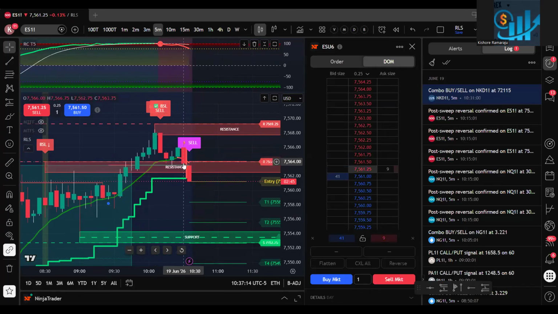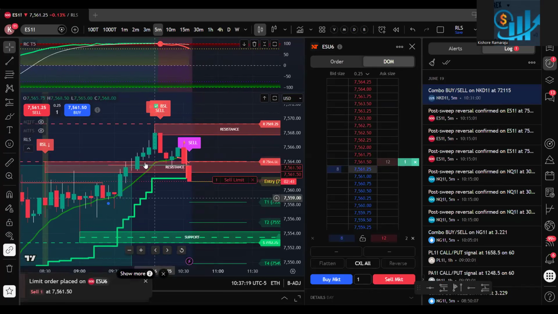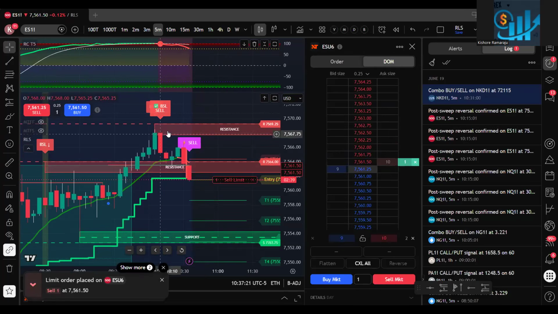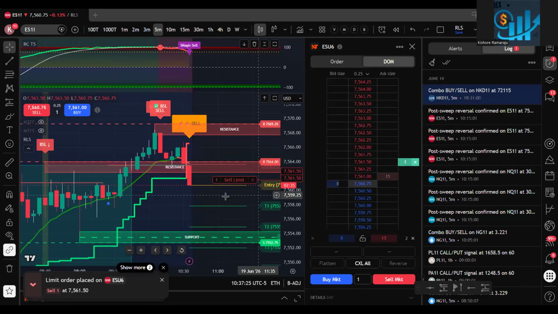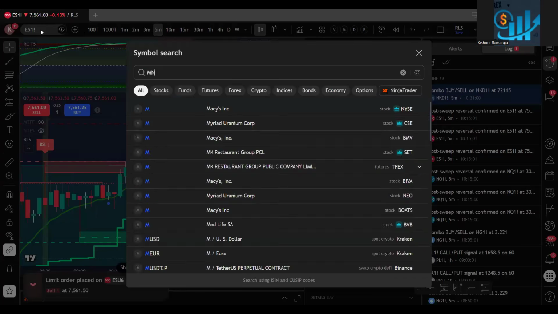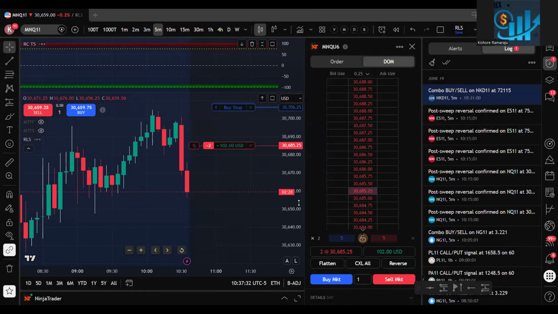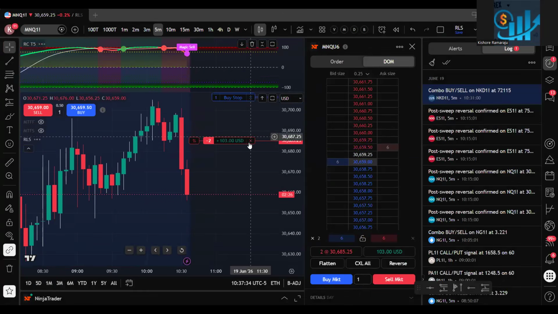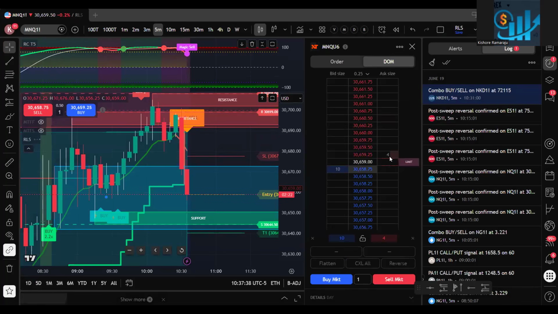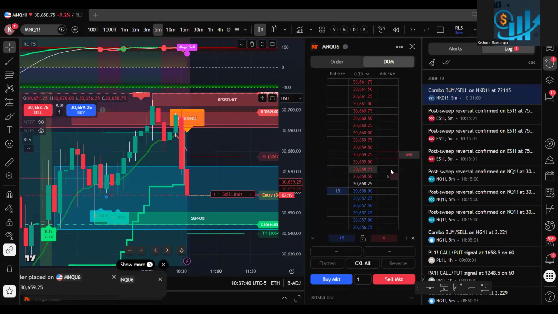So now, right, that support is broken. It is going further down. Initially, I made some $100. Now I will make another $100. We are already holding our MNQ, right? It made nearly $102. And because MNQ is less risky, I just held it. I'll take profit. I'll enter one more time.